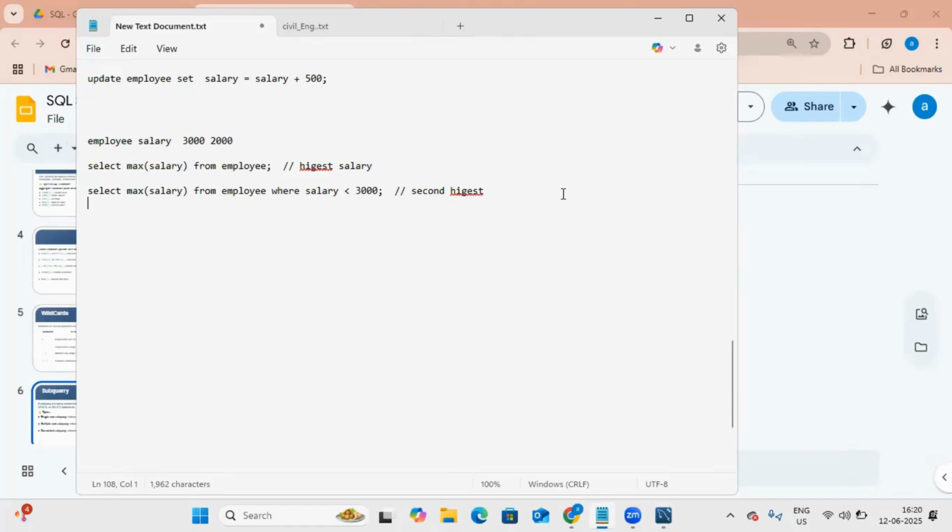Now, select star from employee group by salary, order by salary, limit. One more way, but it is not a precise, more accurate query, but this is also a query to select the second highest salary. Like select star from employee